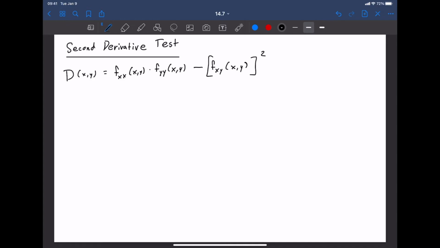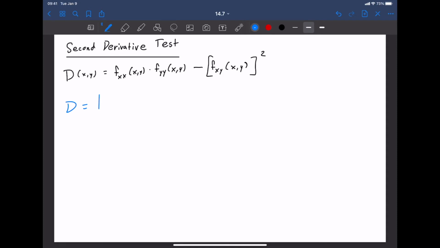Okay, so the reason this part's squared is it's sort of using Clairaut's theorem that fxy should be equal to fyx if everything is continuous. If you have trouble remembering this formula, it's sometimes easier to use what's called the Hessian matrix. You don't have to know that terminology right now, but this